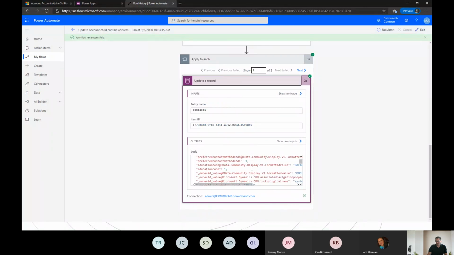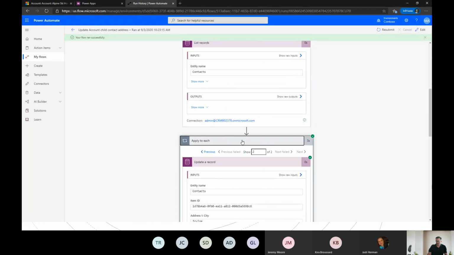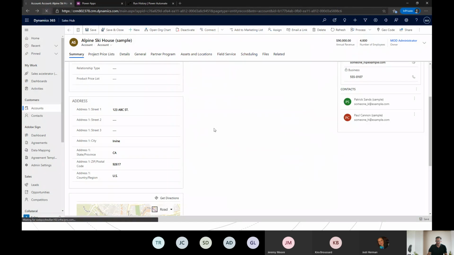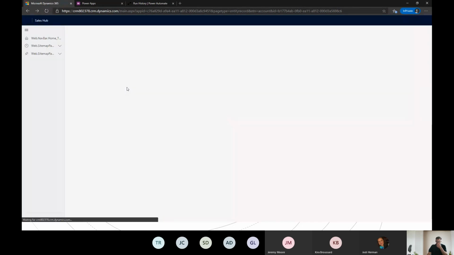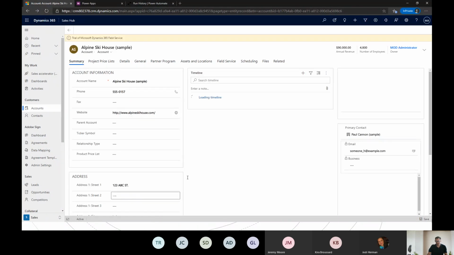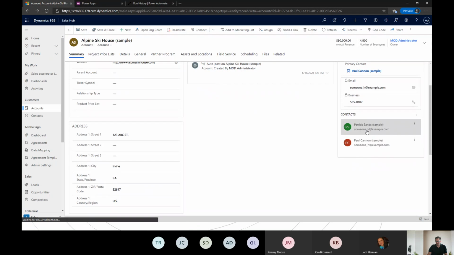Based on this, you can see some of the outputs, and you can go to the next record. So it updated 2 records. You can go through and read all that if you want, but easier just to go in. We'll refresh this really quickly. So if I go into the record, it should have updated these contact records to 123 ABC Street. If I go in here,